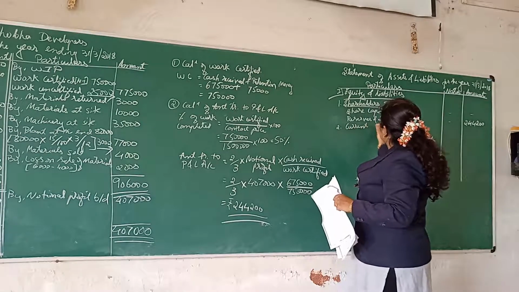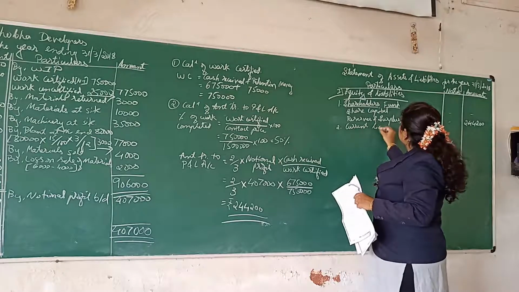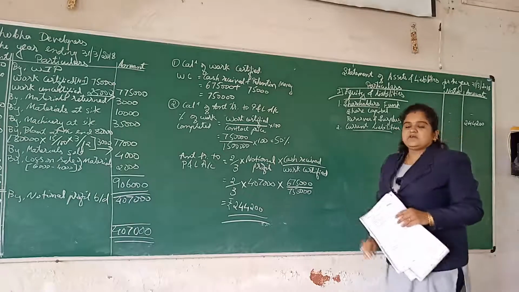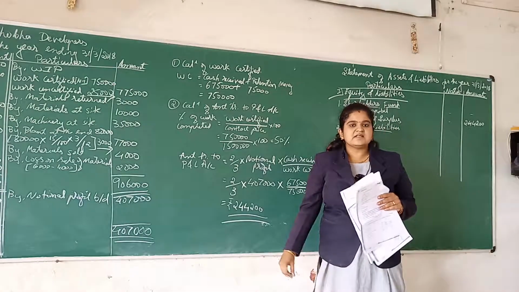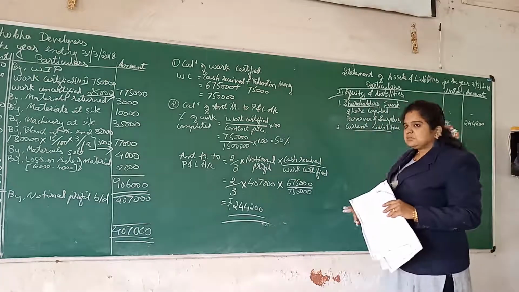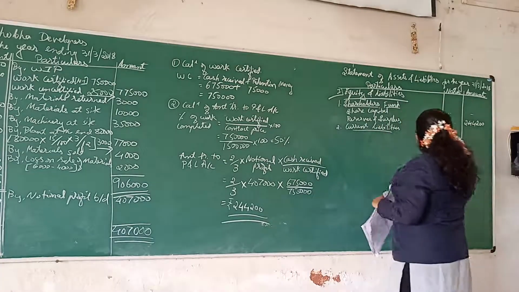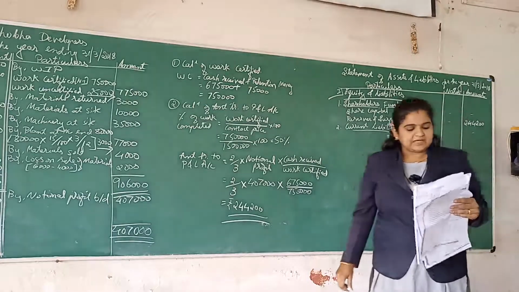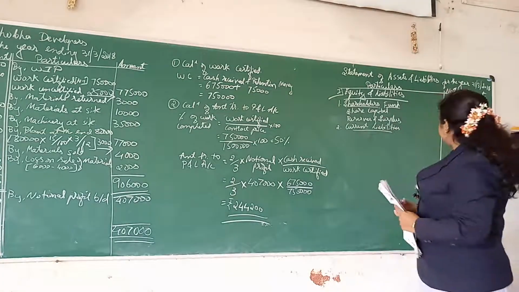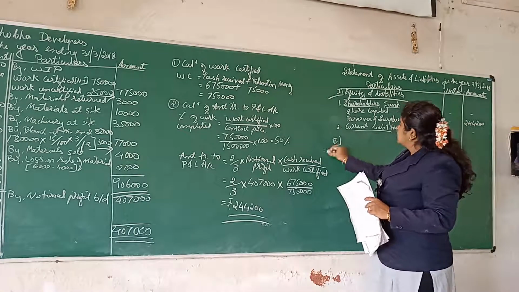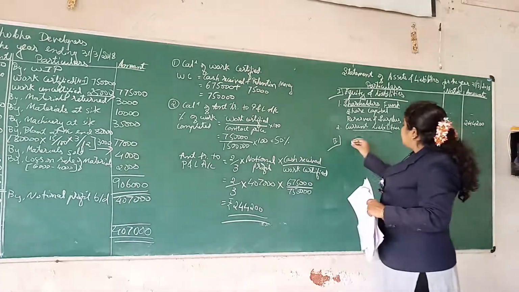Now next, the second point is current liabilities. Now just check if current liabilities are given, that is creditors, bills payable and all. In this problem they have not given current liabilities, so it is nil. Okay. Now next, leave one line over here. The second main point is assets.